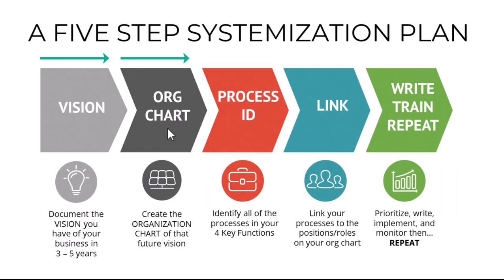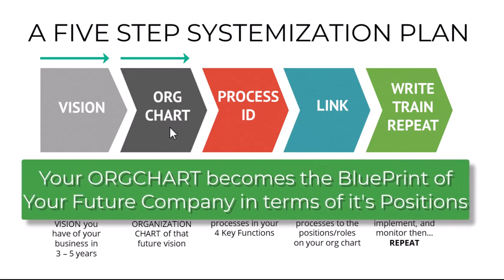Then we're going to create the organization chart. And typically we recommend creating the organizational chart of that future company. The organization chart is a blueprint of that future company in terms of its positions. And there are 2 types of working relationships in an organization. They're management relationships and they're working relationships. We're going to teach you the difference and we're going to teach you how to create a really great org